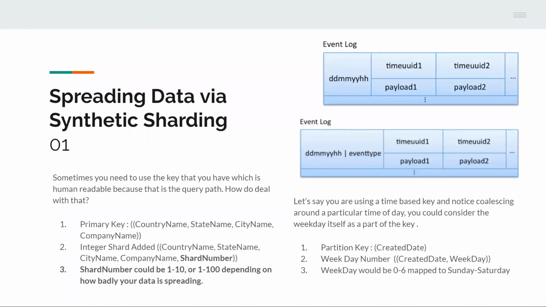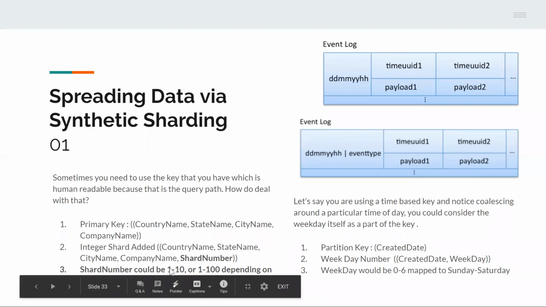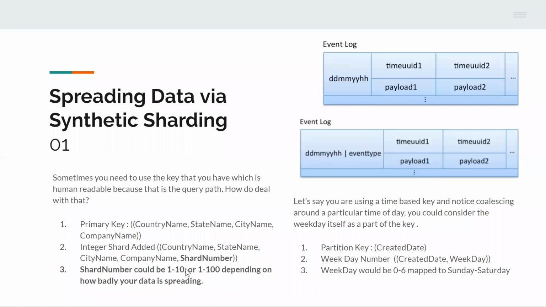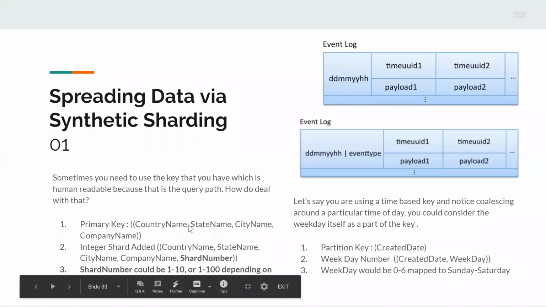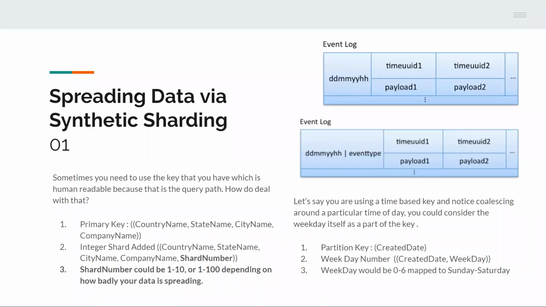Well, if you're seeing data clump up into 4 GB partitions, and you said, every time I add data, randomly assign it 1 through 10, at the very least, you're not going to have, I guess, 400 meg. Is that right? Yeah, you'd have 400 meg